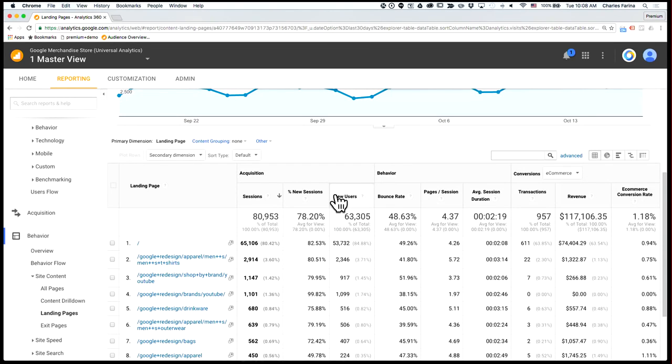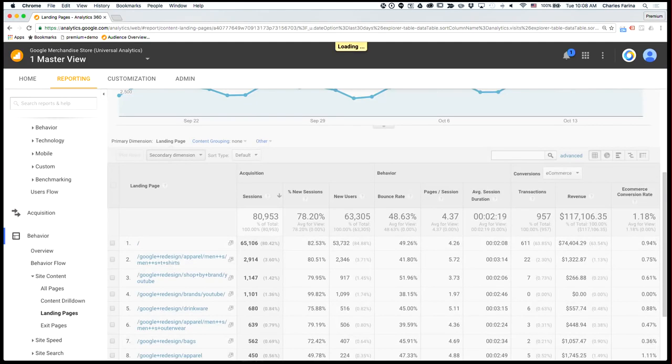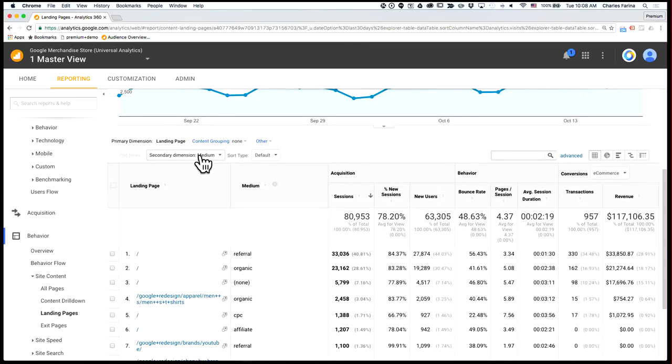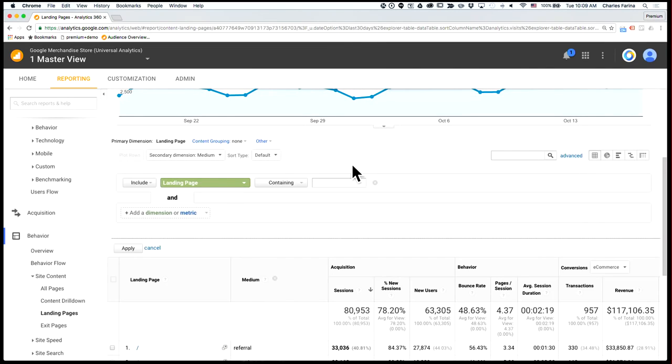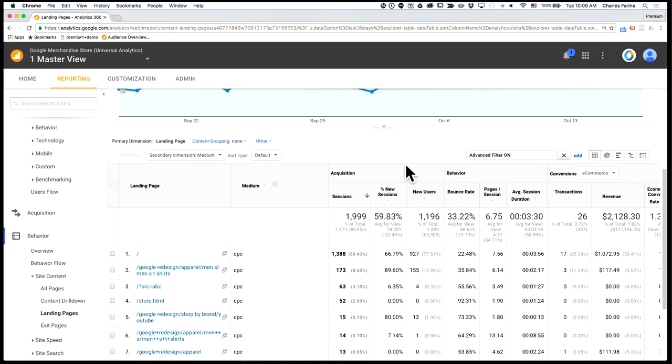So for this example, the first thing we need to do is isolate our paid landing pages. We don't want to look at all of our landing pages. We could do that with an event segment, or we could add in a dimension. So I'm going to add in the medium as a secondary dimension. And then we can filter this just for paid, which is going to be CPC in this instance. So now I've isolated all of our paid landing pages,